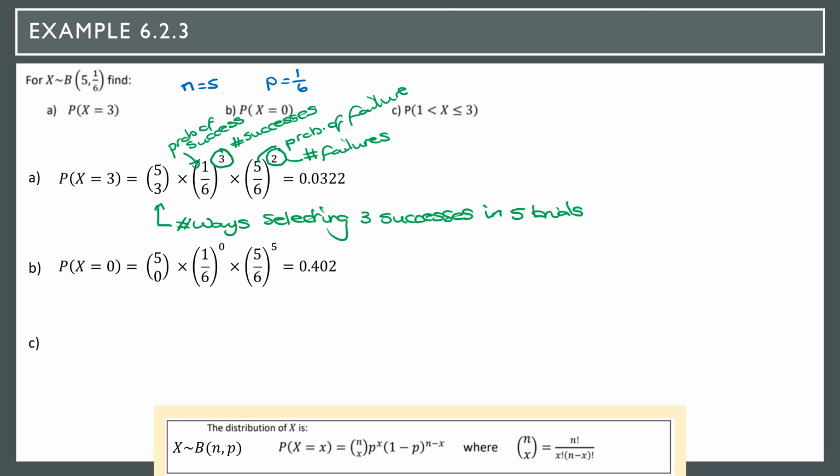So part B then asks us to find the probability that x is equal to 0. So this is very similar to part A, except in this case we want 0 successes and therefore we want 5 failures. So when you calculate that, you should get 0.402. It is just worth noting here that because we've got 5 choose 0, the number of combinations here is 1, and that's because there's only ever one possible way of achieving 5 failures, and that's to get a failure every single time. So that applies across the board when you're looking at n choose 0, and you also have exactly